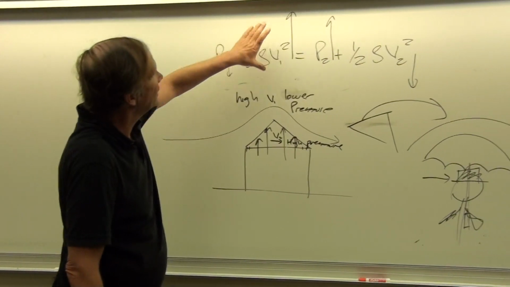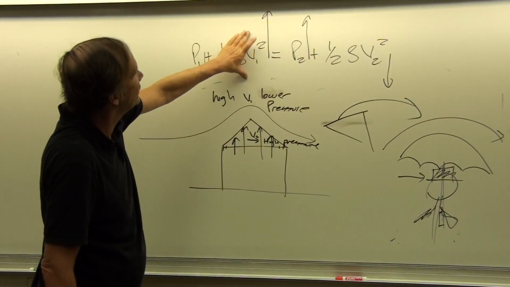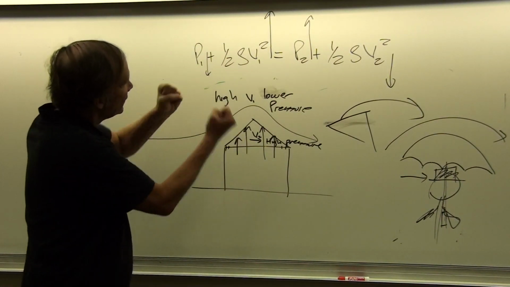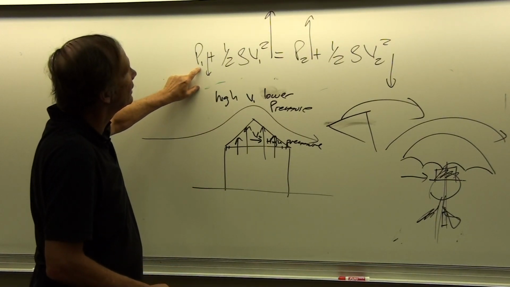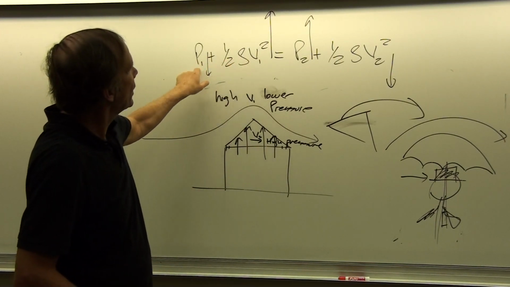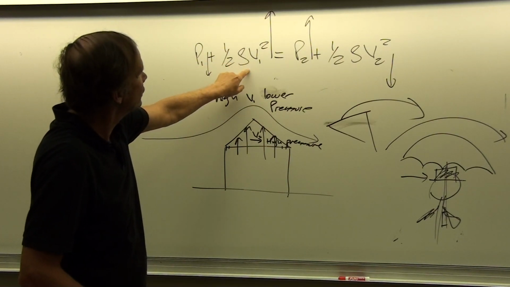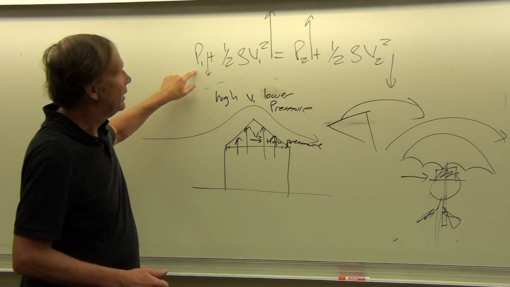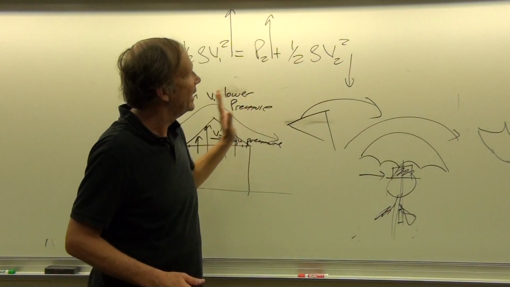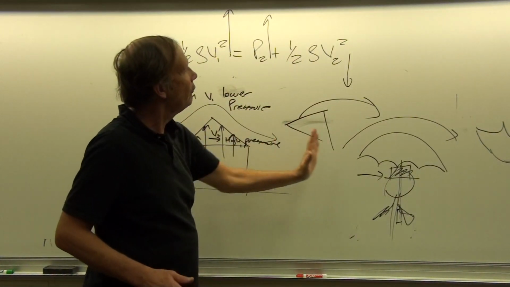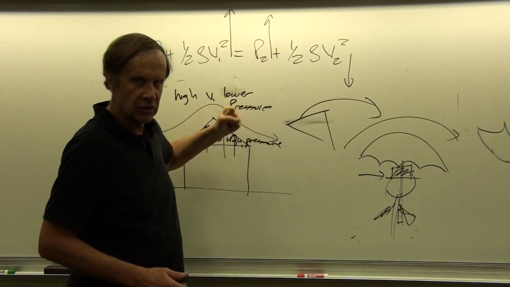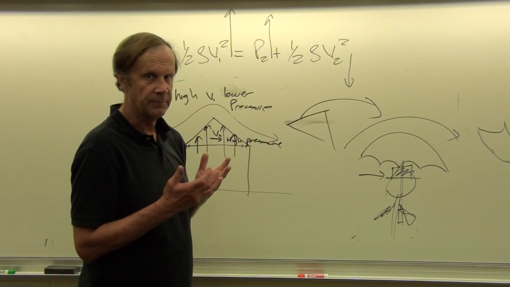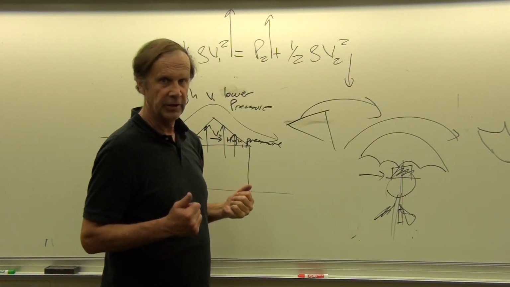So what's happening then is that the energy is being divvied up between the motion of the flow of all of the air together, but then there's also that internal energy if the air weren't moving at all. And so these are partitioned out by these two different terms, so that if you have more of this kind of motion, you have less of that kind of motion. And similarly over here, if you have less of this kind of motion of the whole fluid flow, then you have more pressure, which is more of the internal energy, which creates collisions that generate the pressure. And so that is why an airplane flies.